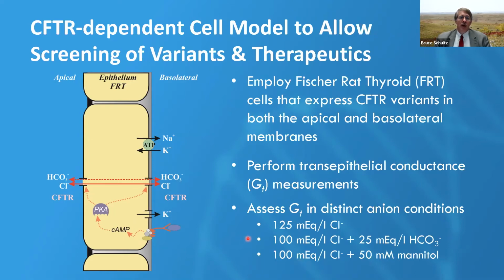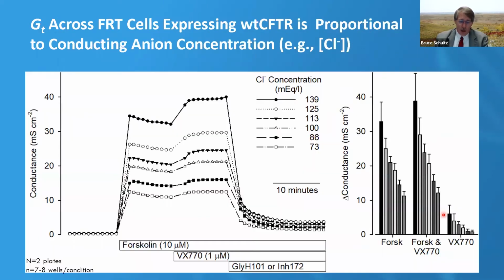And between those, we have a medium that has the same chloride concentration as the low chloride, but the same ionic strength as the high chloride. So we have an increment of reduction of 25 milliequivalents per liter of chloride replaced by 25 milliequivalents of bicarbonate. So can we use this system then to assess CFTR-dependent anion conductance? In our first set of experiments, we sought to validate the system, and we can measure conductance across FRT cells expressing wild-type CFTR and document that this conductance is proportional to the concentration of the conducting anion,